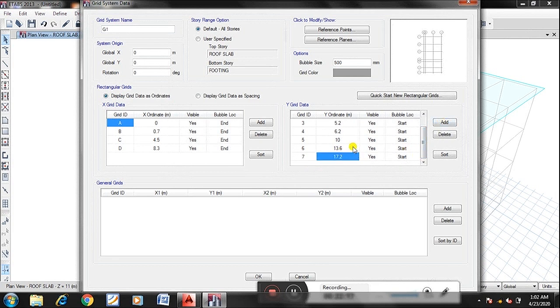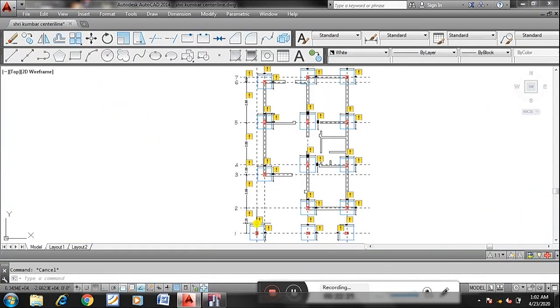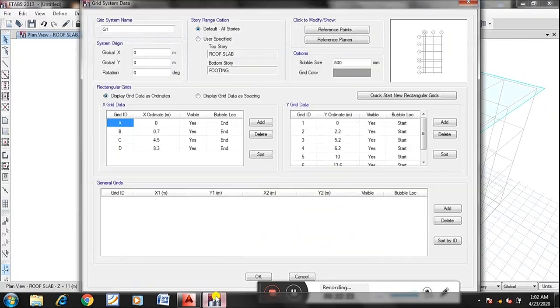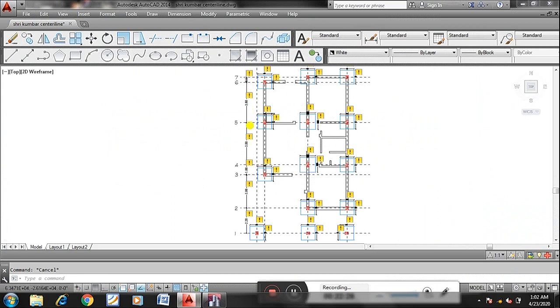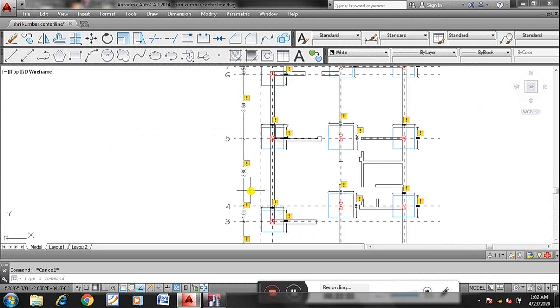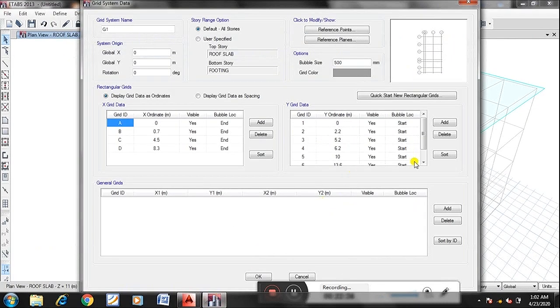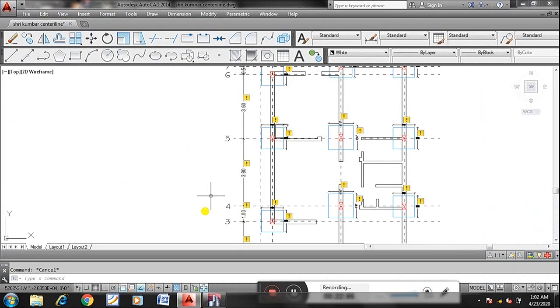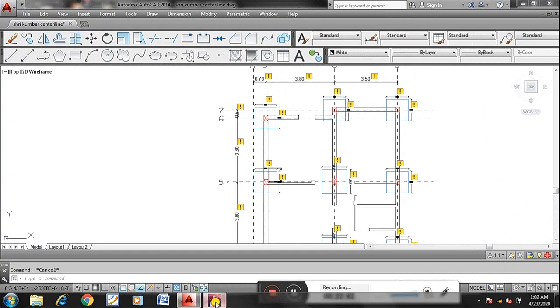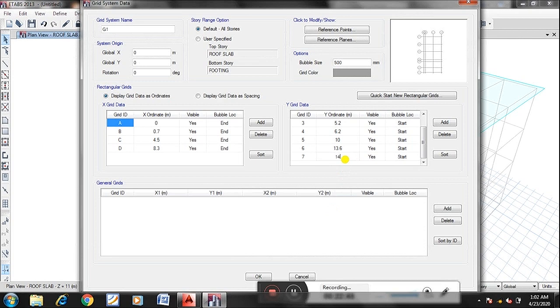So here first it is 0, 2.2, 3, 1: 0, 2.2, 5.2, then 6.2. Then 6.2 plus 3.8 is 10, and then 13.6. Last one is again 0.5 meter, 13.6 plus 0.5, 14.1 meter.